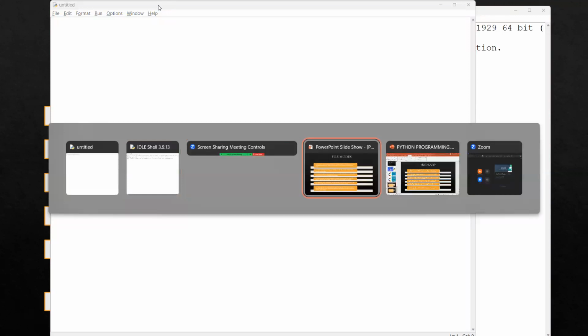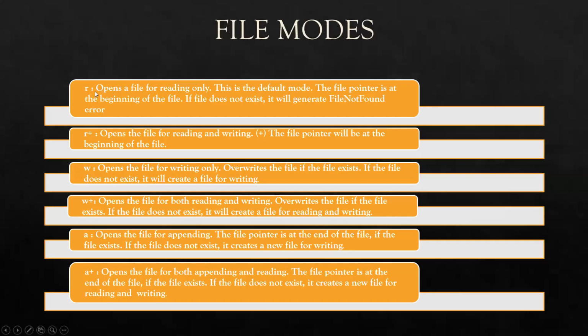As I will show you here, R will open the file for reading only. This is the default mode. The file pointer is at the beginning of the file. If the file does not exist, it will generate a file not found error. As we have not created any file, if I open any file, it will return a file not found error. But if we open the file in write mode, then you can see here